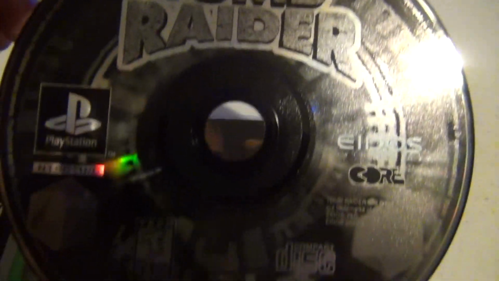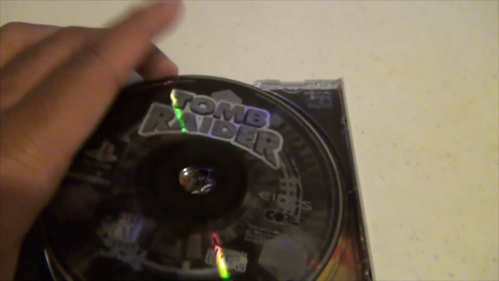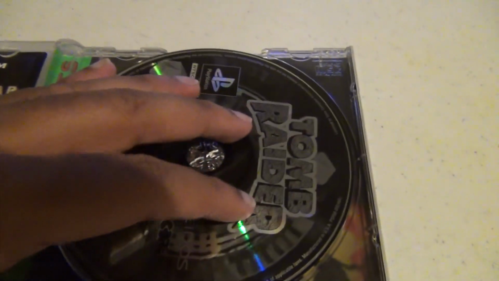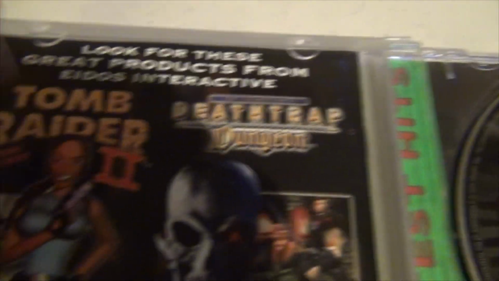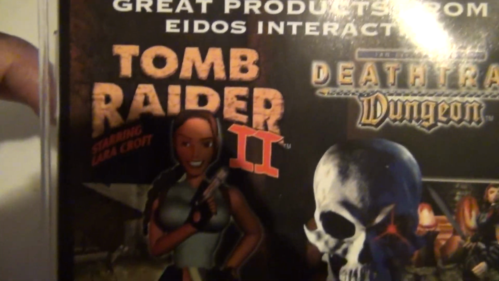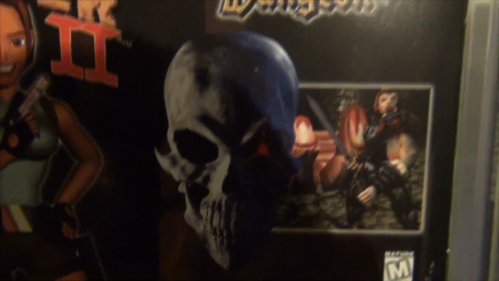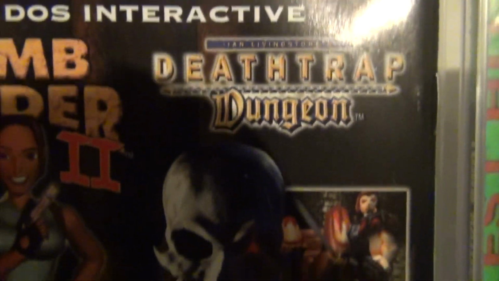And here's the disc. Pretty cool. And here's the back of the case, with a look for these great products from Eidos Interactive. Tomb Raider 2, Death Trap. I've heard of that game before. A few years ago, I found some gameplay of it. It looks pretty cool. I've never played it before, but